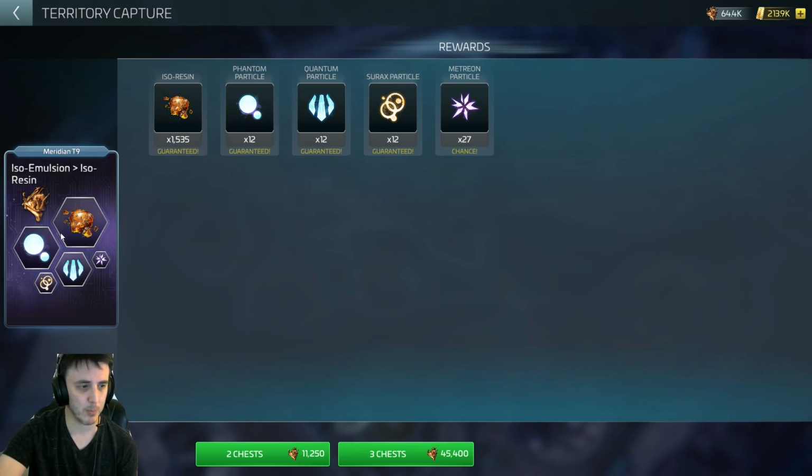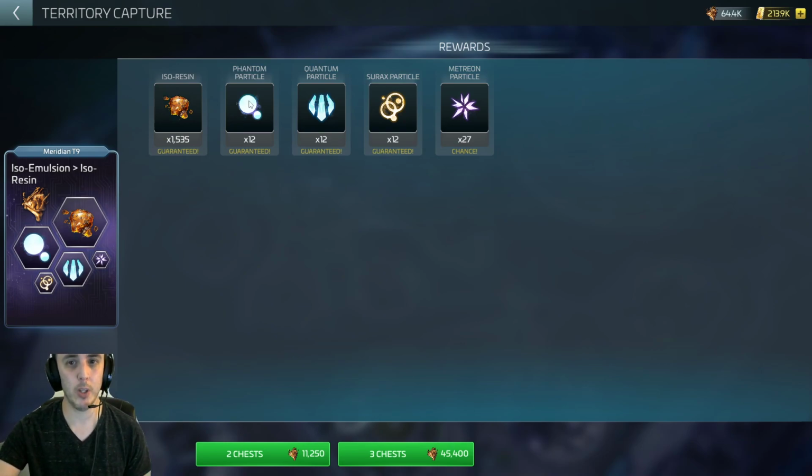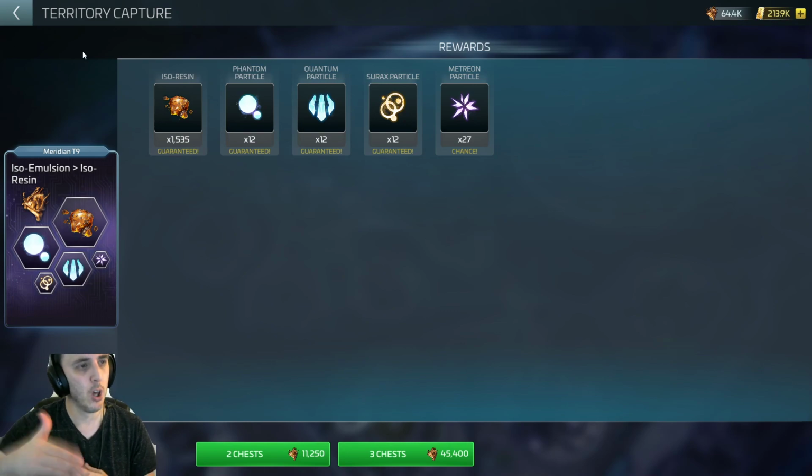This is my maxed meridian at tier 9. I only get 12 per chest. So I'm getting 24 a day. And some of these researches will take hundreds. So it would take a few days of saving up if my alliance didn't have a territory that gave me access to these particles. It's kind of why it's important when you do have a territory, whatever it is, even if you don't need them, just stock up on them because you will need thousands of these particles throughout the